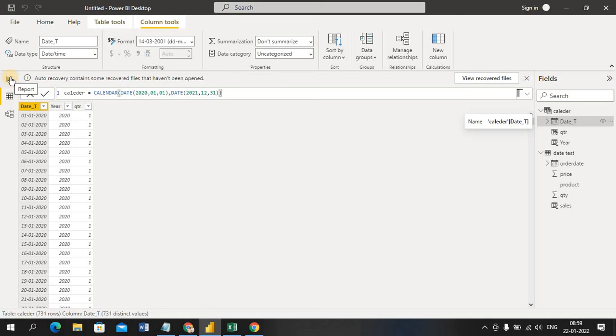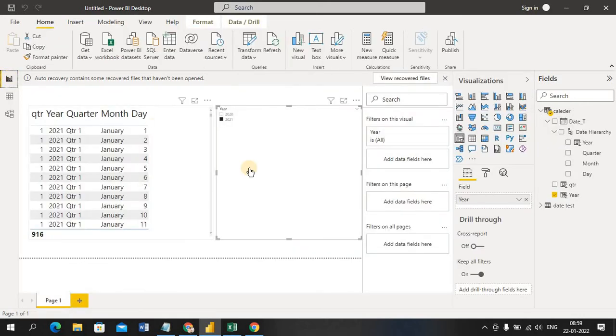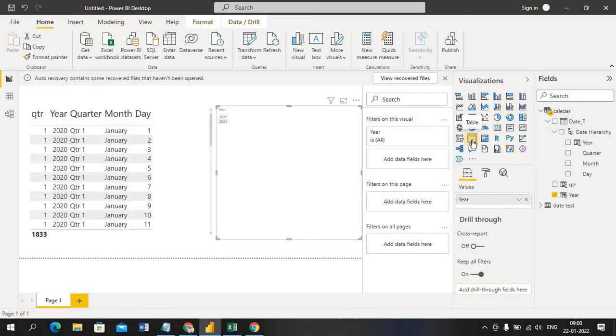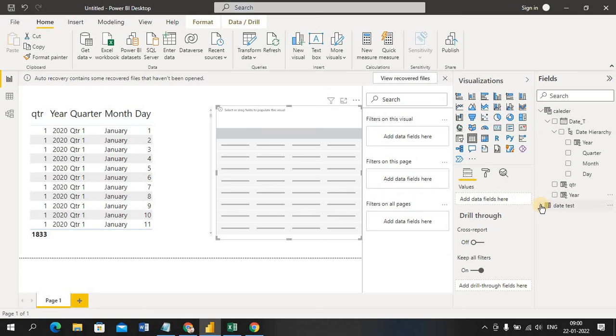So I'm going to report view. Now in report view I'm taking this filter as tabular format. Instead of this, here I am going to select this table data.